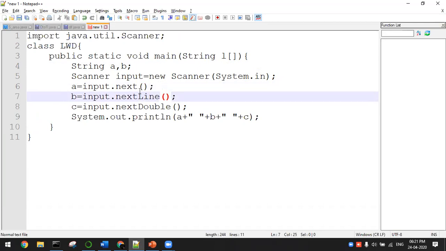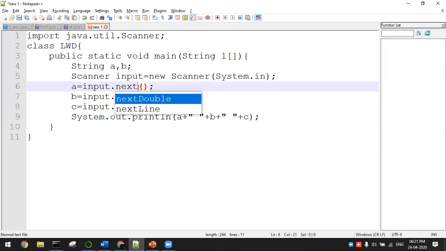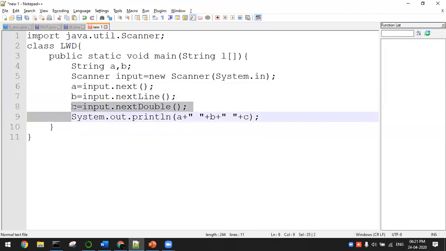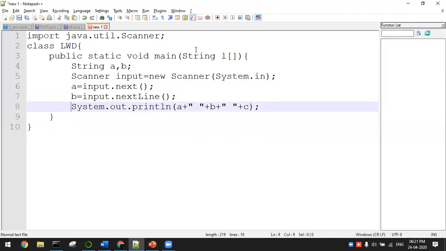Whenever you have a next type of definition, you are supposed to start with a capital case. Here only next, next is nothing but taking only a word. And nextLine you didn't specify. Now I want to get a toString, and that will be printed here.